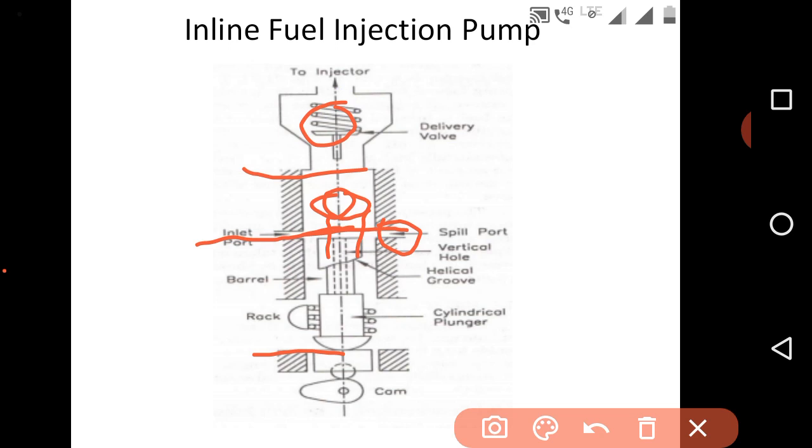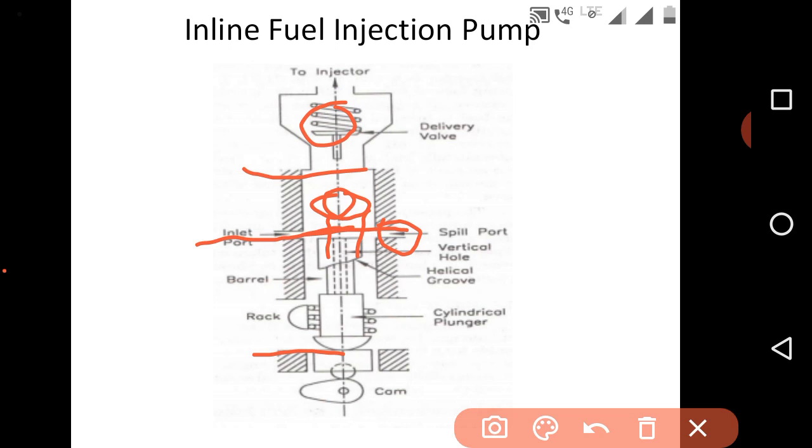It injects the fuel into the cylinder. Then, as the plunger moves upward, the helical groove comes along the spill port.